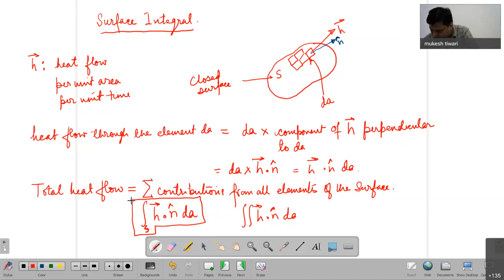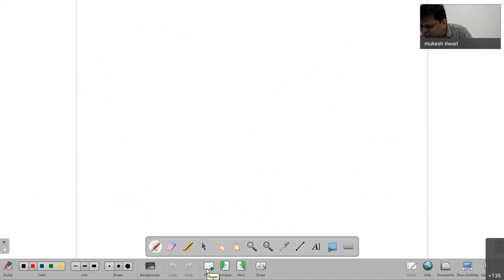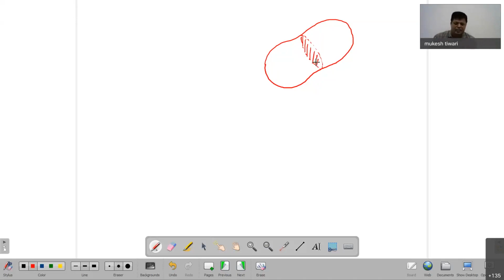From here, there is an interesting observation that you can make. Let's say I take my surface, and remember it encloses a volume. Let's say that we separate the volume into two parts. So imagine that this is the entire volume, and we partition it at some point. We are cutting it at some point. So now we have the entire volume being divided into two. And the surface that encloses this volume,